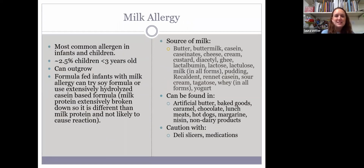So taking them each separately, milk allergy is the most common allergen in infants and children. Again, it can be outgrown with milk avoidance. For feeding them too, formula-fed infants with an allergy can try soy milk or casein-based formulas, that I'm sure most parents will be alerted to pretty quickly. Some infants with a milk allergy also have sensitivity to soy milk, so we are always watching for that. Sources of milk, of course, can be found in any of our milk-based products, such as butter, cream cheese,